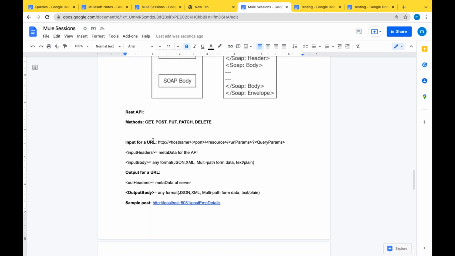That is where microservice architecture comes in, by following REST APIs and the API-led connectivity model. Any questions? Inputs of a URL, output of a URL: how exactly we design a URL and what output we expect from it.